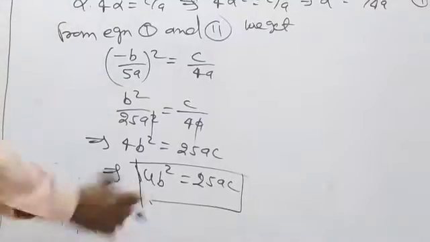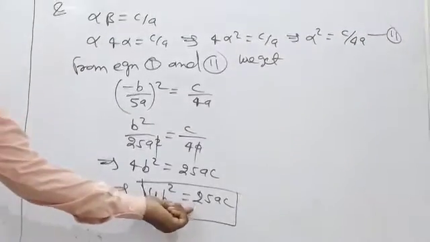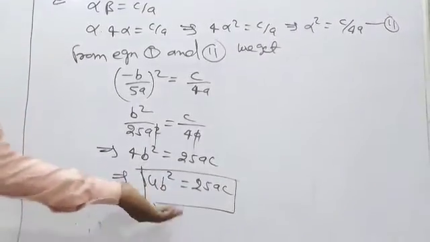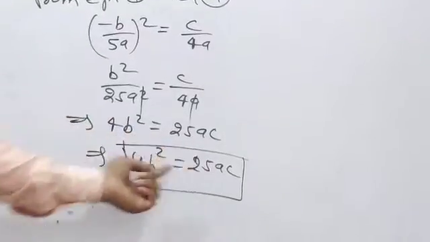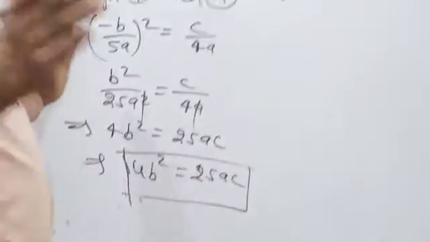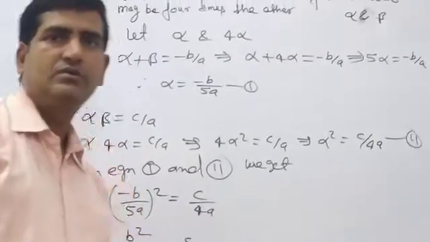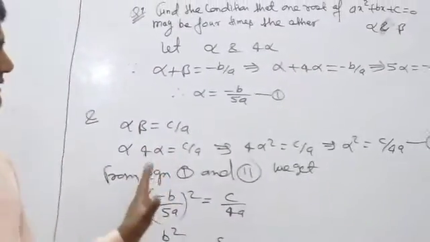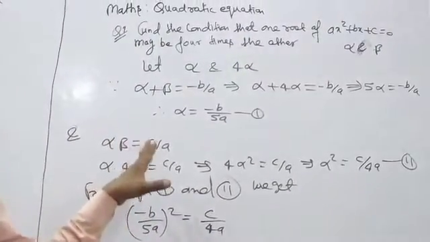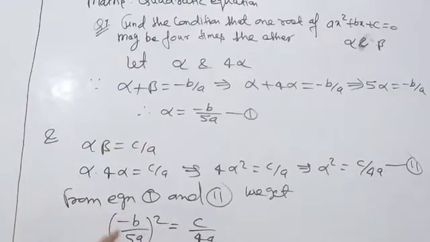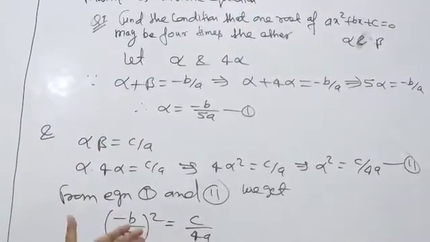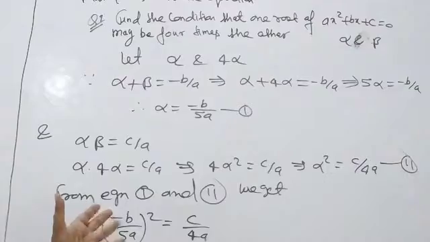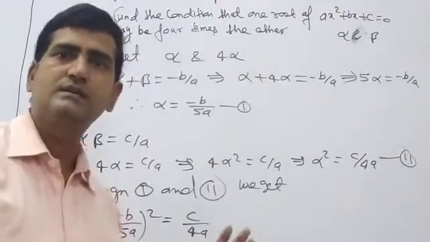Now this is the condition here. You can say there is no alpha and beta; it is in the form of a, b and c. Once more I am going to tell you, if any condition is there, condition means we have to eliminate alpha and beta and the value should be in the form of a, b, c. Understood?